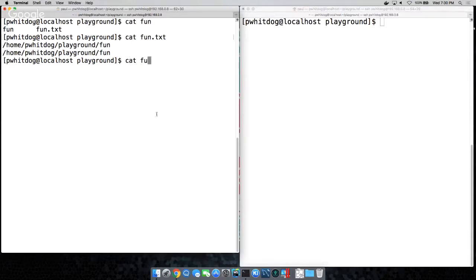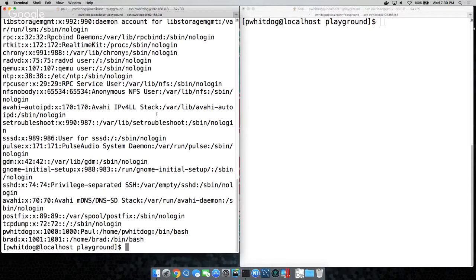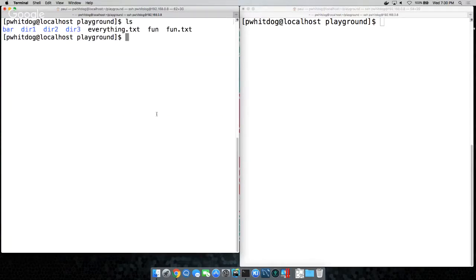So create, what was that? Well, these are two different files. Okay, he's got his everything. So ls, show me the files you've got there. You've got fun and fun text, or everything in fun text, right? Everything has all the errors, and fun text has it ran twice.